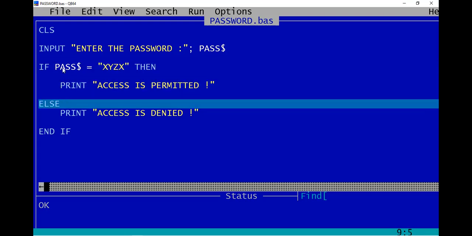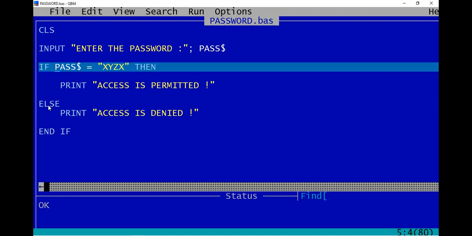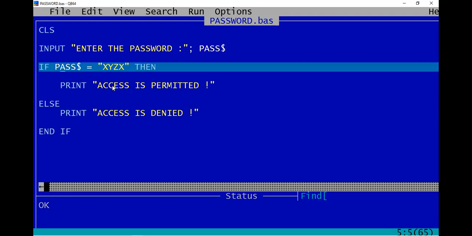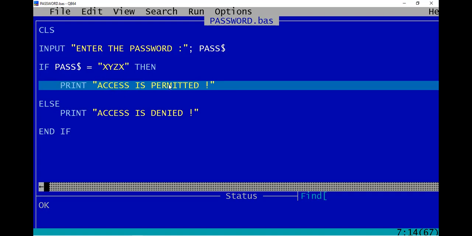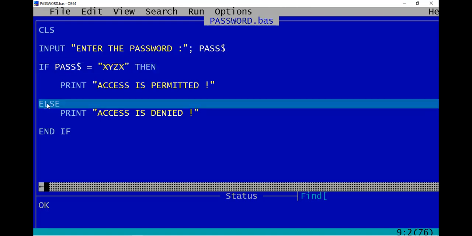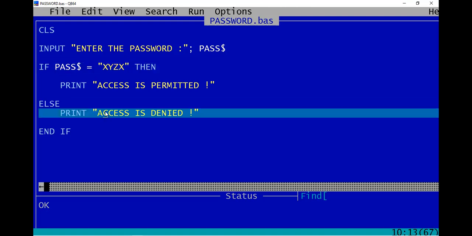Otherwise, the compiler will transfer the control to the else statement. If the first statement, the if statement, is false, then it will pass the control to else. If it is true, it will pass the control to the print statement, and access is permitted will be output. If this statement is false, then the compiler will transfer the control to the else statement, and you will get a message that access is denied.